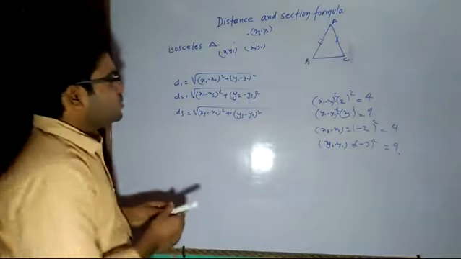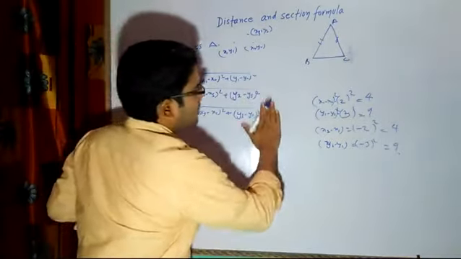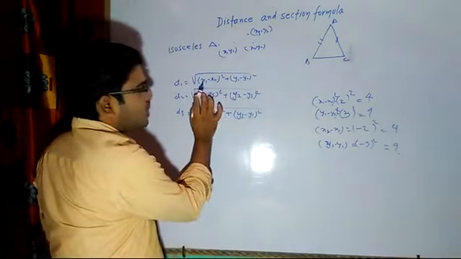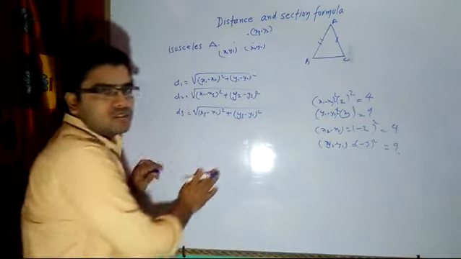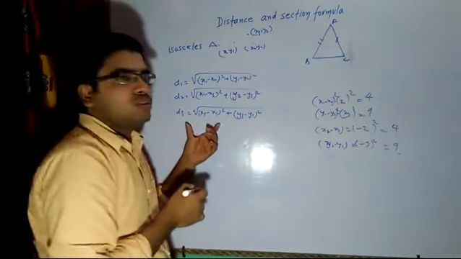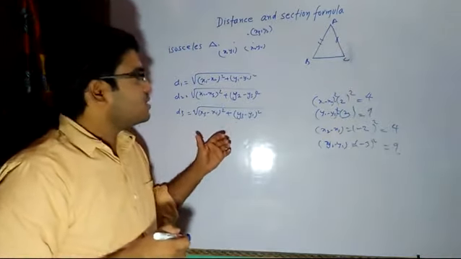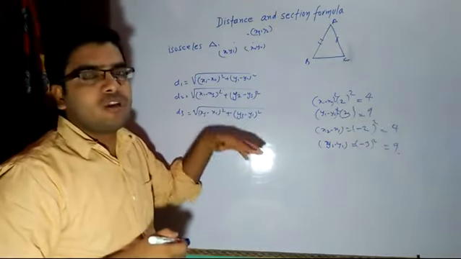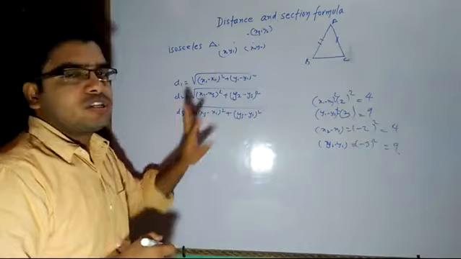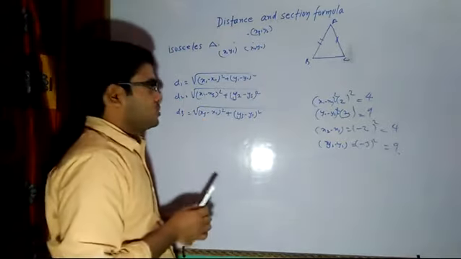So what I wanted to say is that whatever you write, x2 minus x1, x3 minus x2, or x1 minus x3, nothing is wrong in that. You are not going to get incorrect answers. Actually, it is a number square only. A negative number square will always be a positive number. So the sum of positives will always be positive, and the distance will be positive.